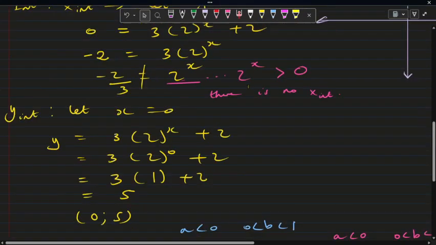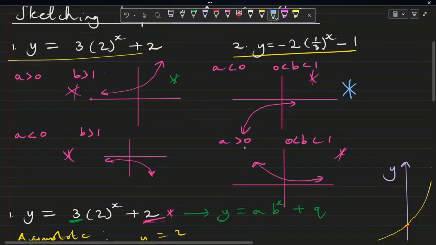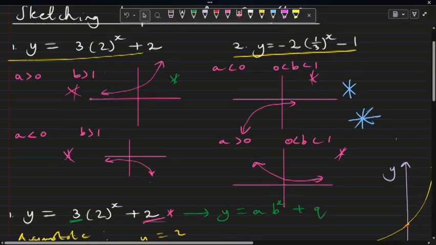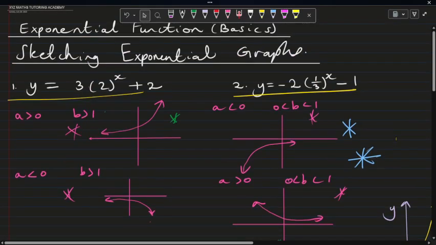Hopefully you can see that having the understanding of these four sketches, they form the basis of sketching exponential functions. Okay, so make it a point that you are comfortable with these relationships, the relationship between A and B, because they are the